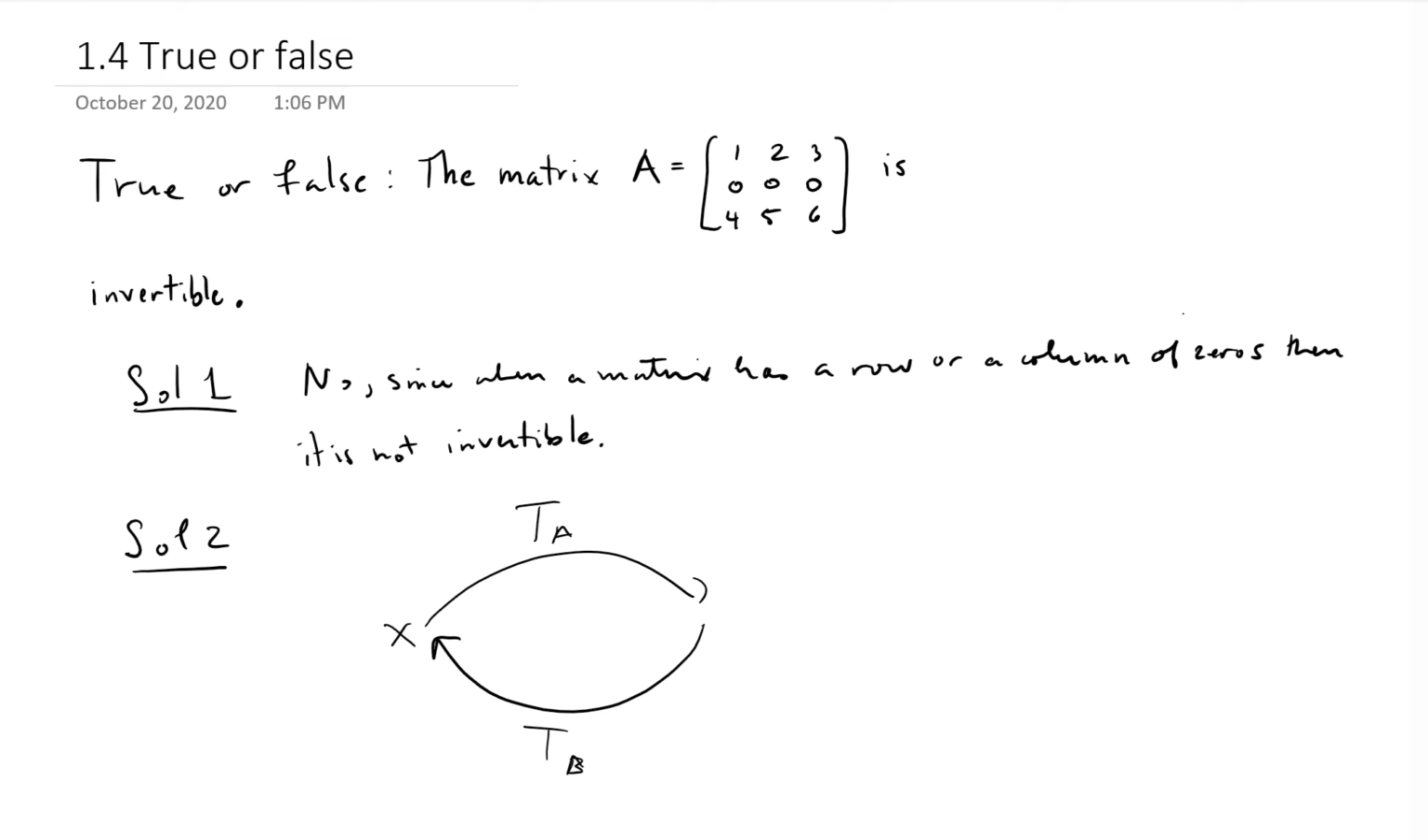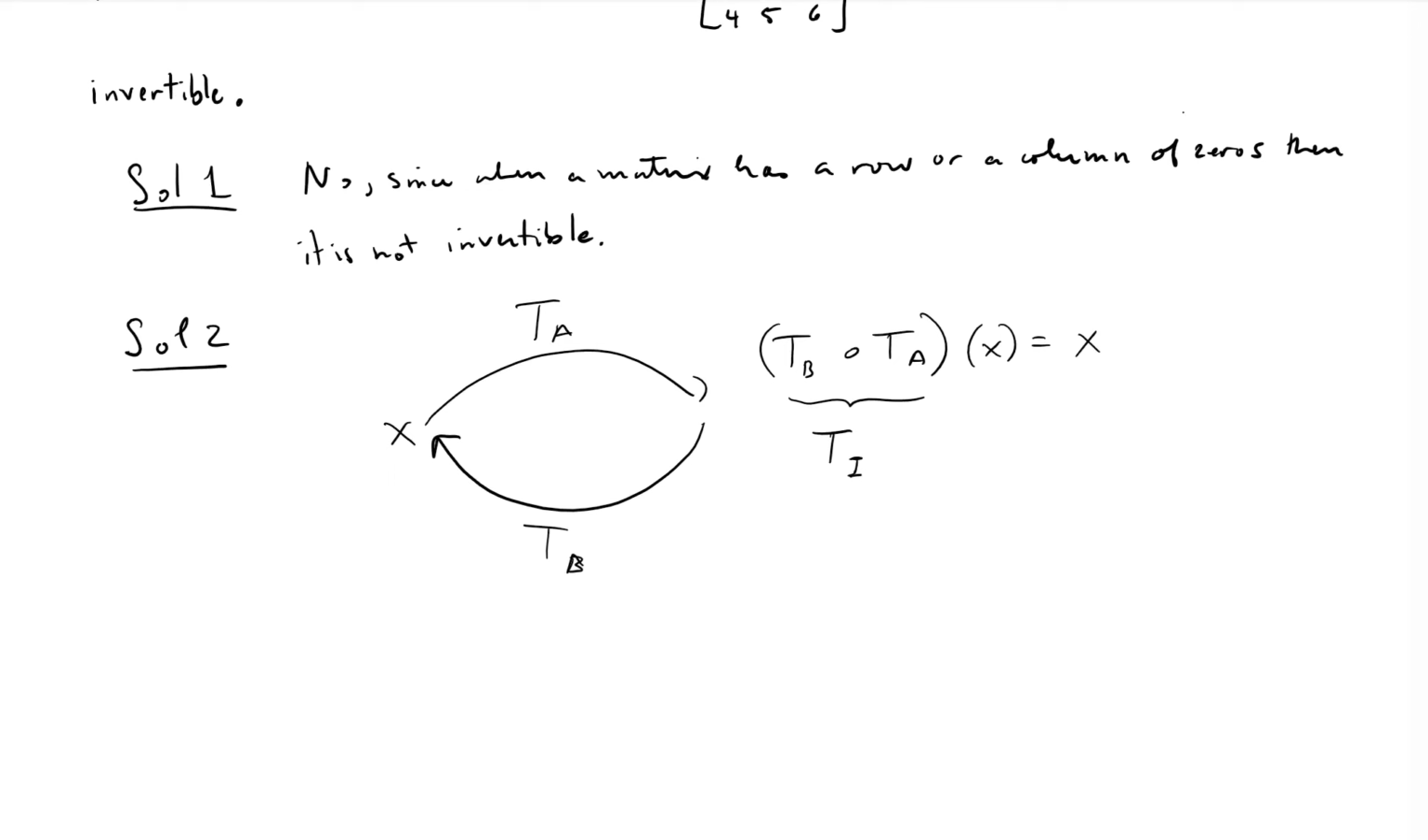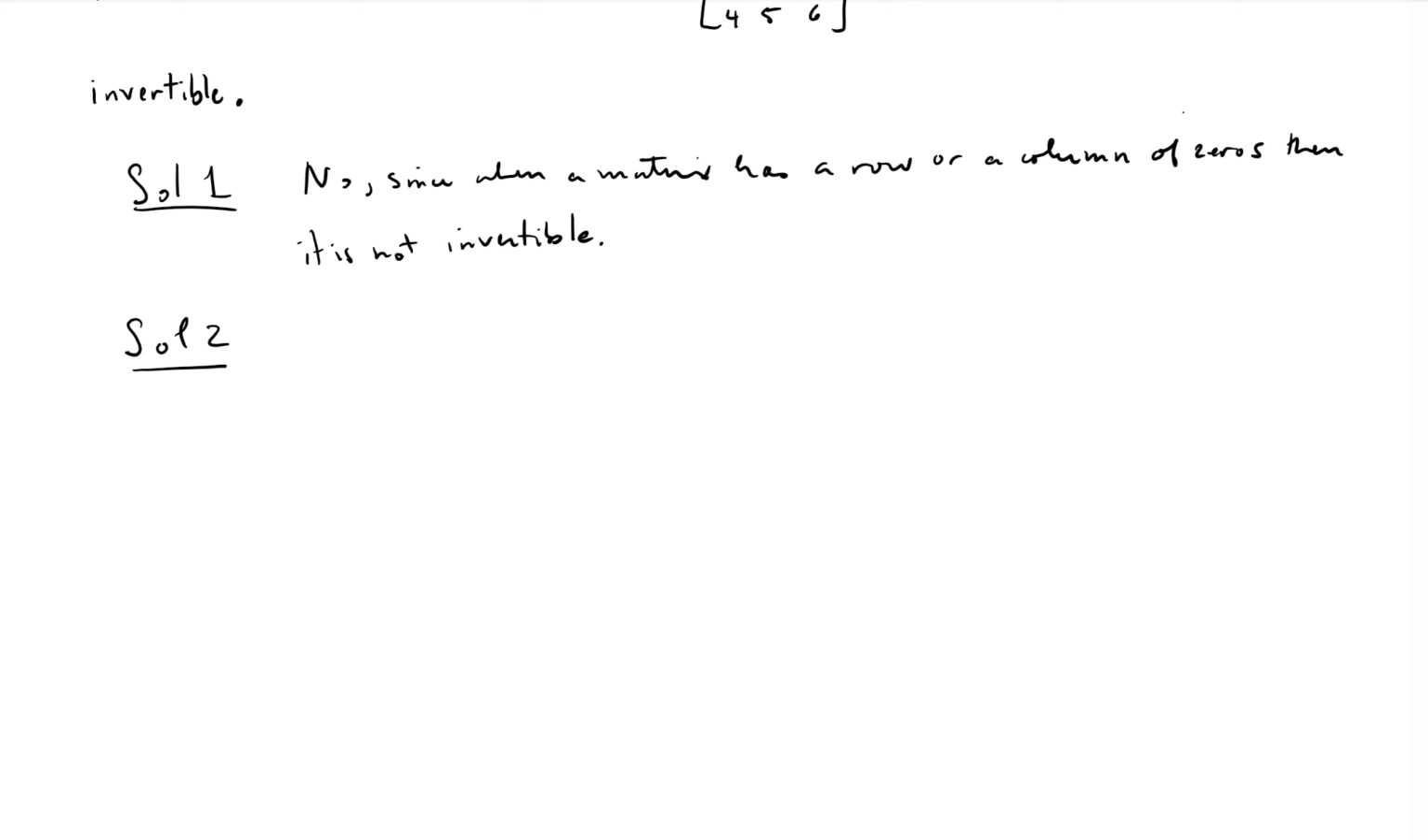So if it were invertible, I could actually find a transformation T_B so that when I compose it with T_A, every x gets sent onto x. Things stay the same. In other words, this transformation would be the transformation with standard matrix I. And we'll see that's not possible. So let's look at what happens if